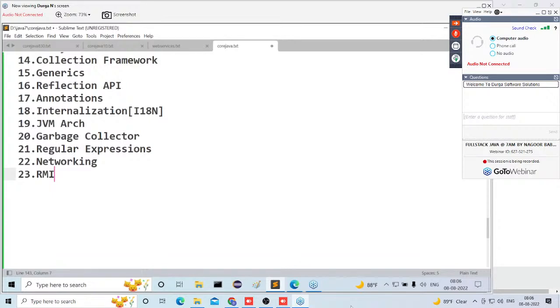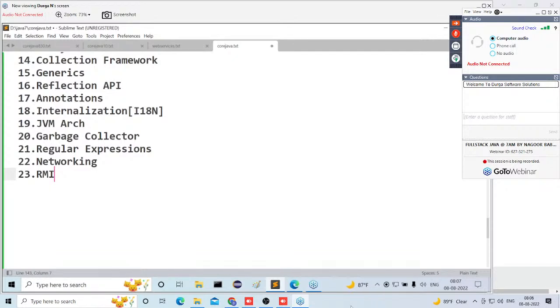This is an extension of networking. Again, I am telling you, RMI architecture is very much helpful for us to understand web services content. Because of that reason only, I'm going to talk about RMI, Remote Method Invocation.